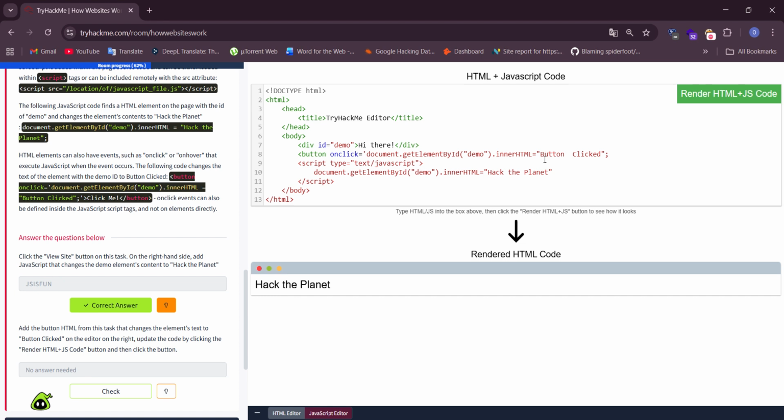Okay, and close the tag, write click me and close the button tag. Okay, render HTML code.